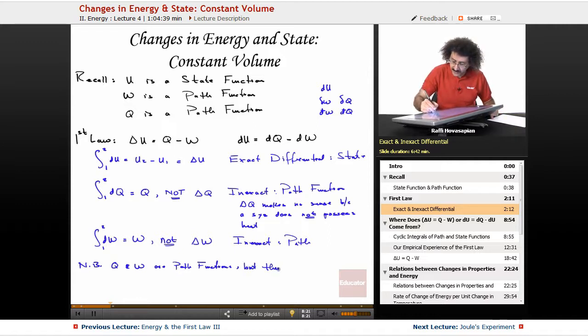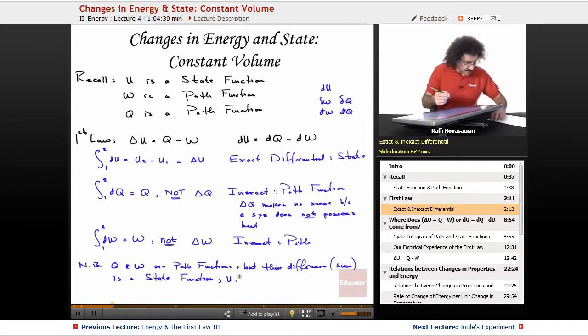But their difference, or sum in a different convention, the chemist's convention, we usually write Q plus W, but our convention is Q minus W. But their difference, I'll put sum here, is a state function. That's amazing. It's truly, truly amazing. State function. Energy. Okay. So, now,